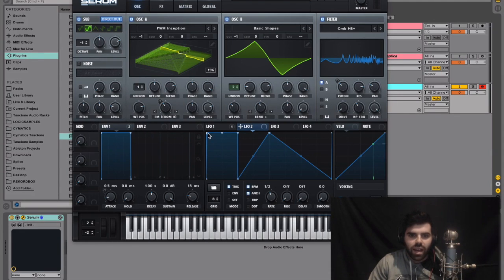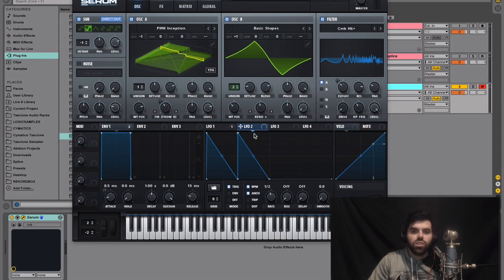So basically we're going to have this shape, this descending saw, and then we're going to do the same thing over here. Hold Alt and drag that down, or hold Option and drag that down. So now we have these 2 descending saws, and then we're going to skip 2 of these bars and do another one.